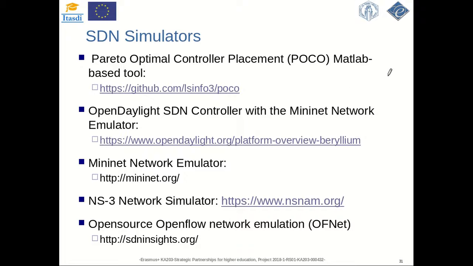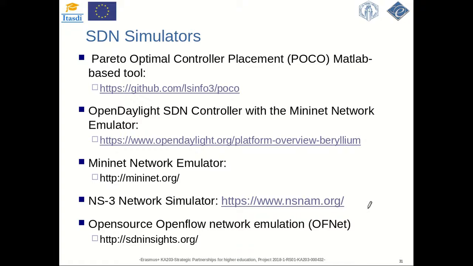Also, we have many SDN simulators, like Pareto optimal controller placement, which is a MATLAB-based tool, OpenDaylight SDN controller, Mininet network emulator, and Network Simulator 3, which incorporates many models for SDN.